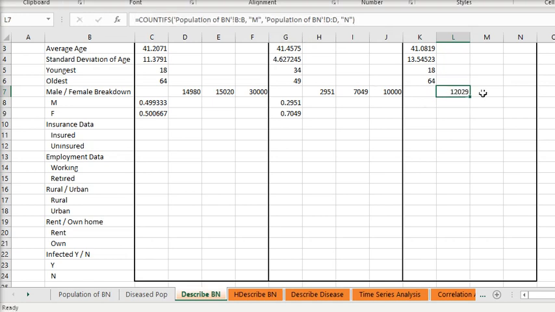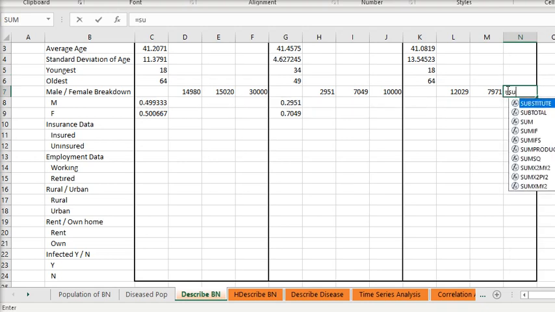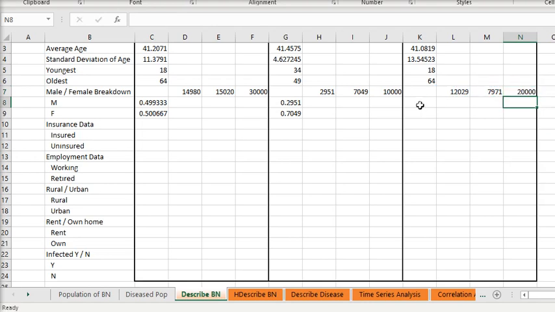We're going to copy that, paste it over, and change this from male to female. And we're going to get the sum here, and we're going to divide here